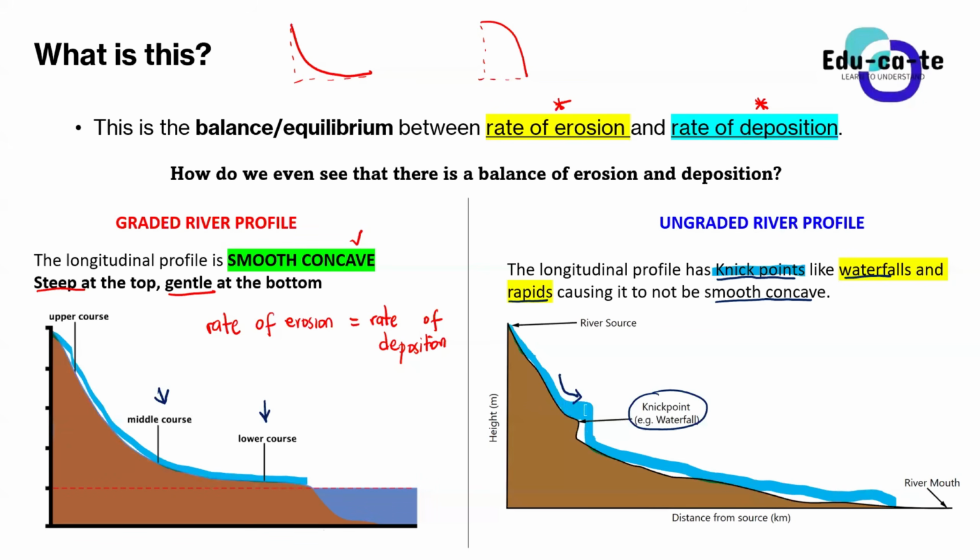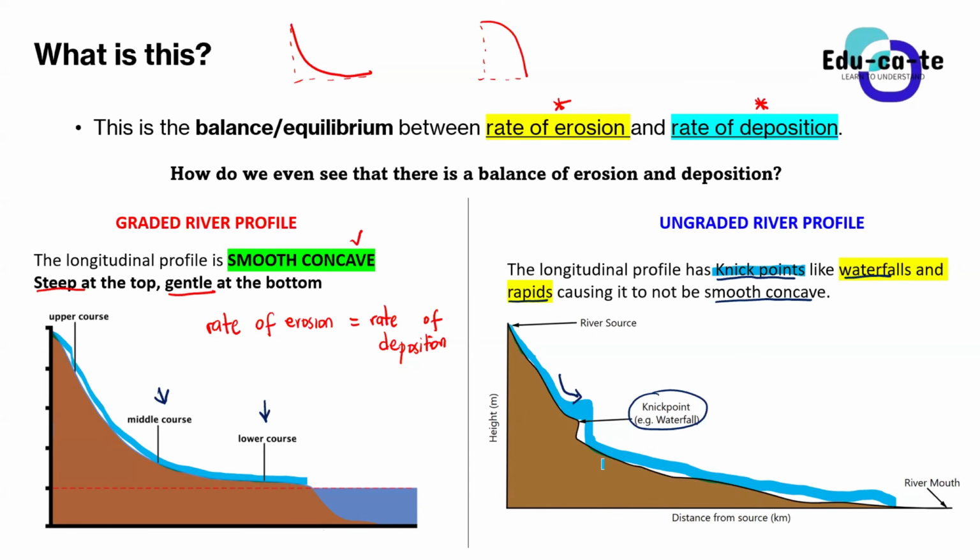It has to fall down so that it can continue flowing. Do we get the sense of what a graded and an ungraded river profile is? Can we all differentiate them? Yes, sir. Okay. So now knowing these river profiles,